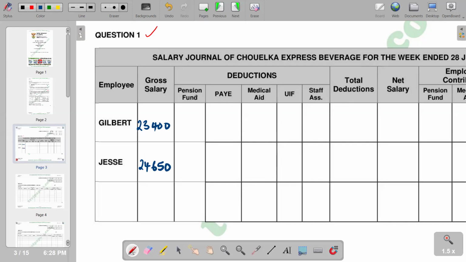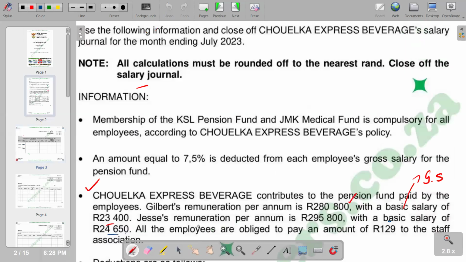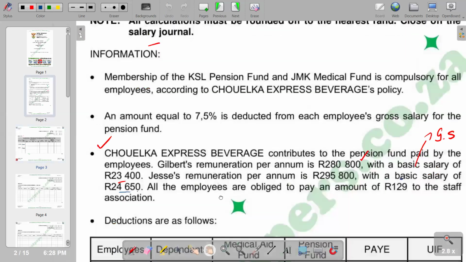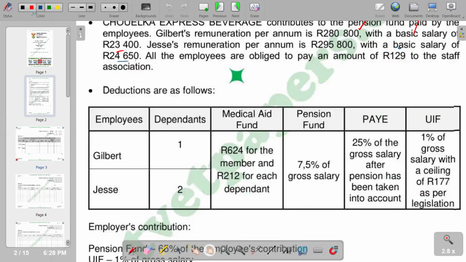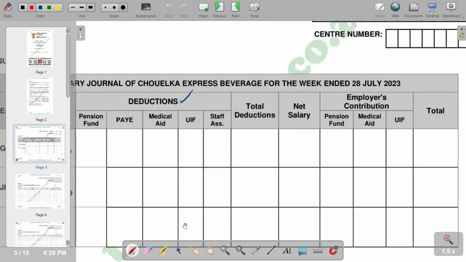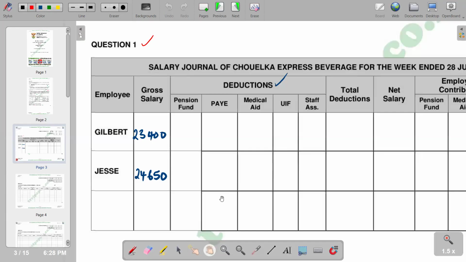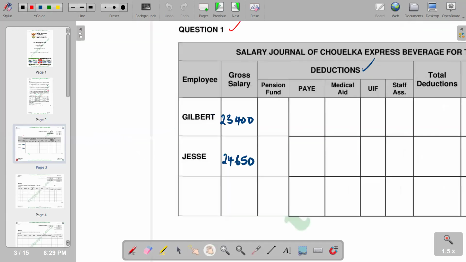Then we have the pension fund column. This is now the deductions section. So we start with the pension fund. We go to the instruction that we have for pension fund. It reads 7.5% of gross salary. So we go back, we see that we've identified our gross salary, and then we multiply by 7.5%. So for Gilbert, we are saying